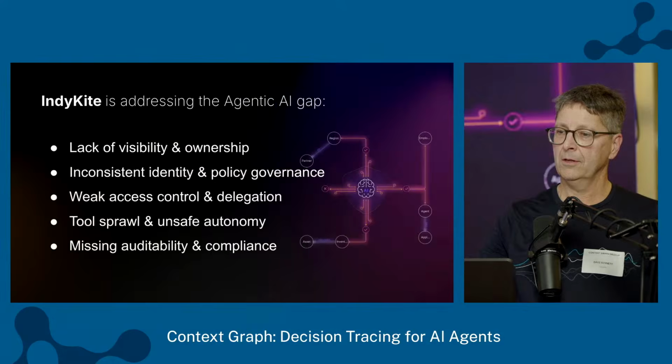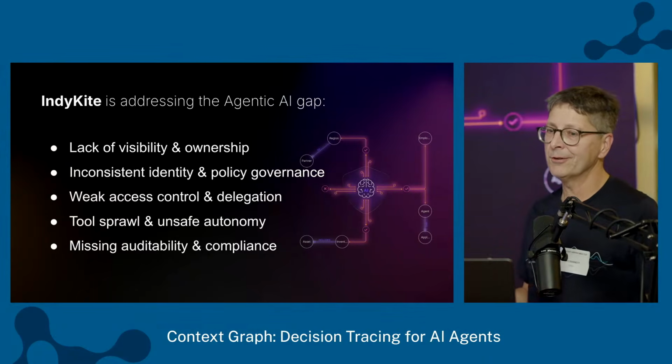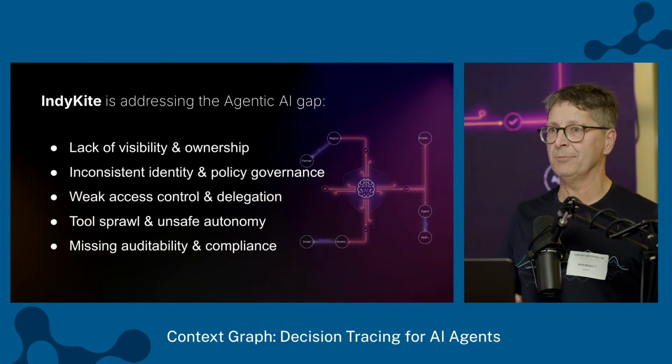The world we see today is fragmented. There's no clear view of which agents exist, and this is the enterprise world I'm talking about. These are the people I talk to every day, and they say, we want to do all these things, we have a few agents now and we're experimenting, and in a few years we're going to have a million different routes through our thousands of agents. How do we begin to manage this? So we're making the play for managing the agentic workflow.